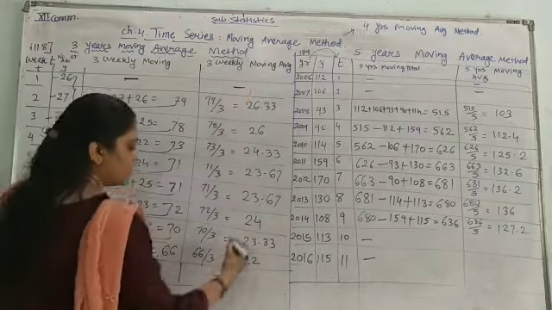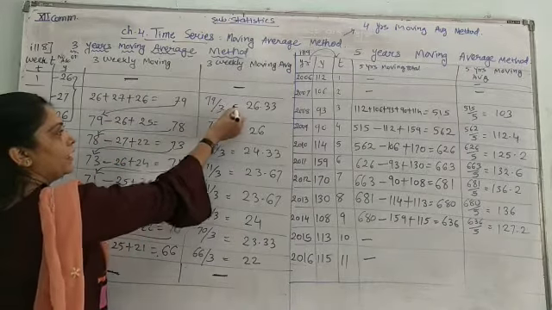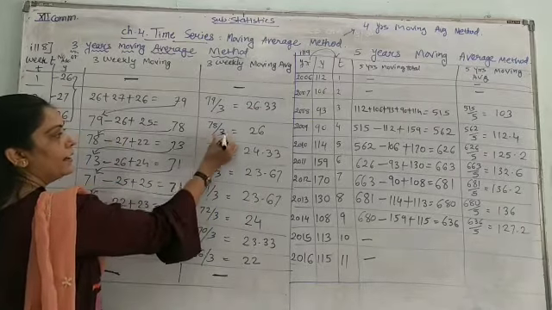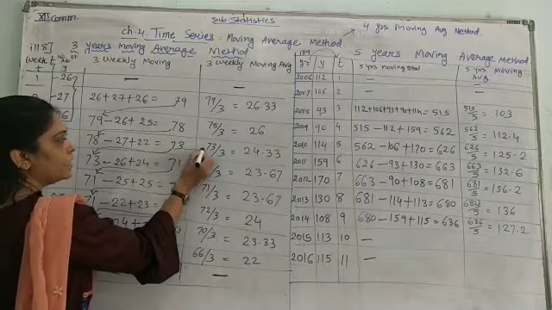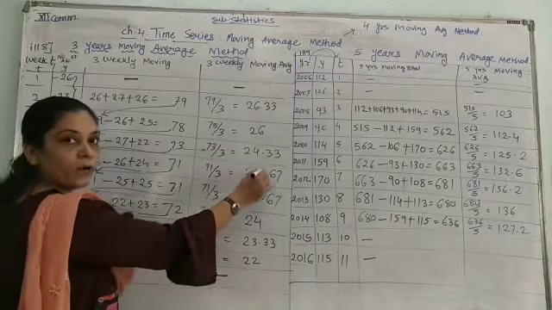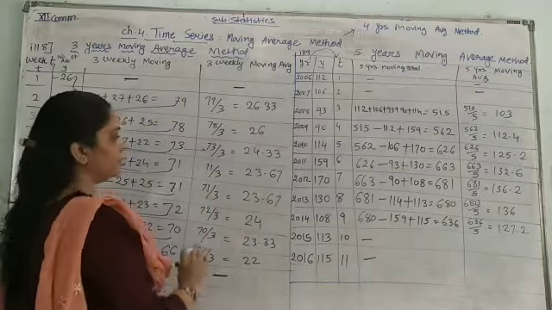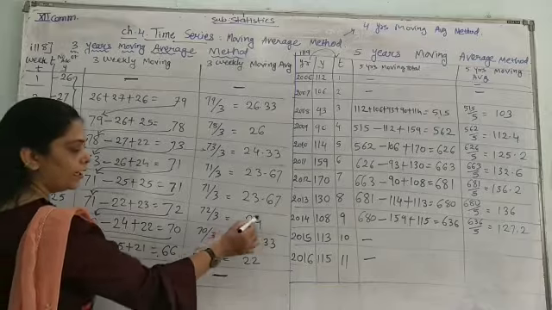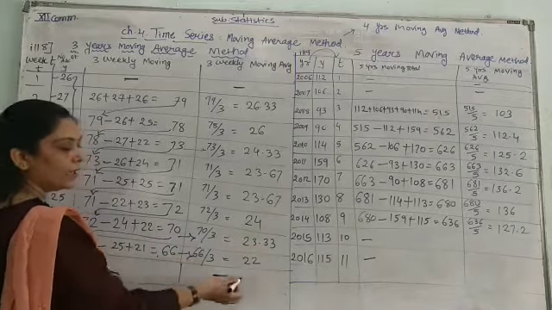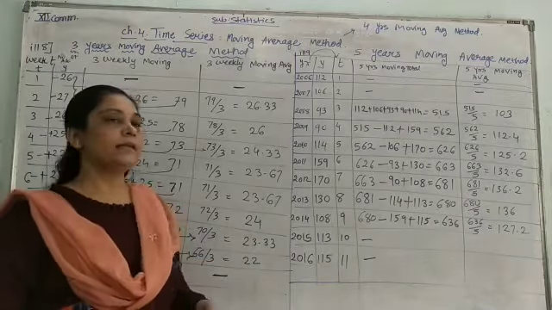Now the next, the 3 weekly moving average, I am going to see. So the first dash and last dash, in that 79 divided by 3, answer will be 26.33. 78 divided by 3, 26. This is the answer I am putting forward over here. 71 divided by 3, 23.67. 71 divided by 3, 23.67. 72 by 3, 24. 70 by 3, 23.33. 66 by 3, and that is 22. So the working is very easy, just like a game.